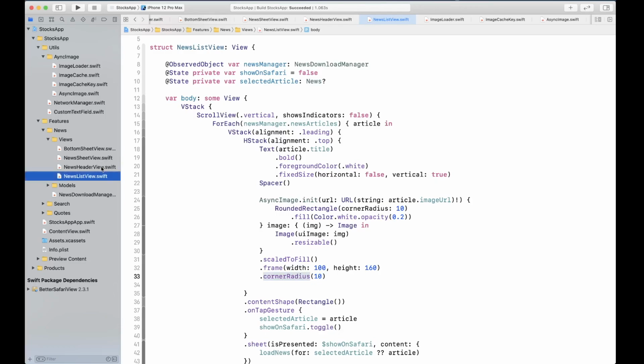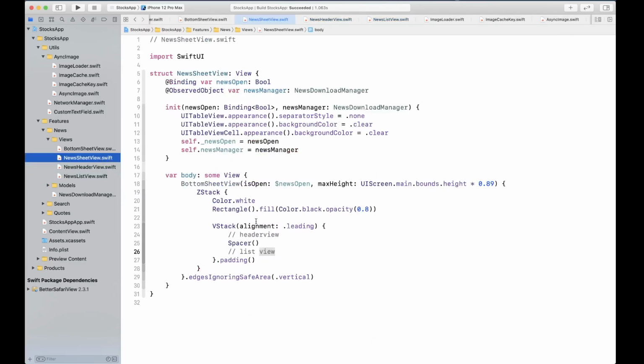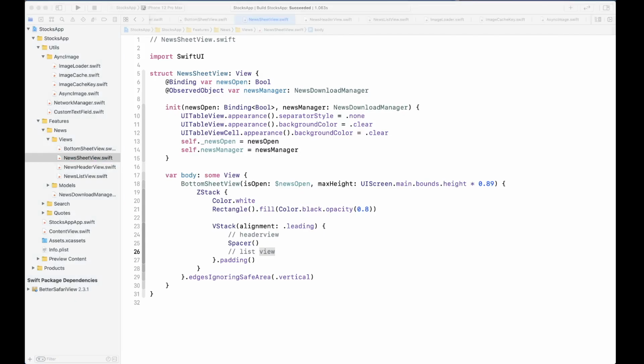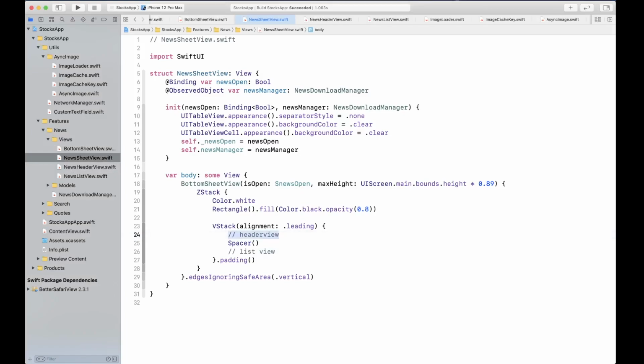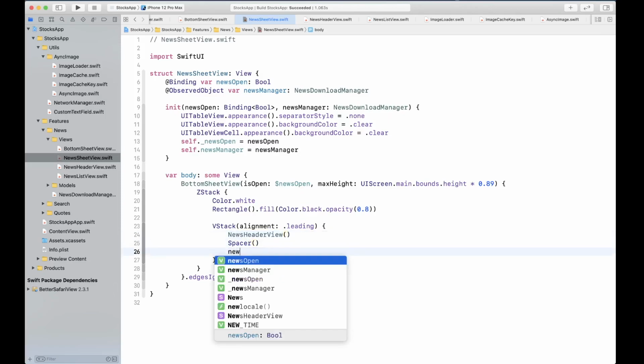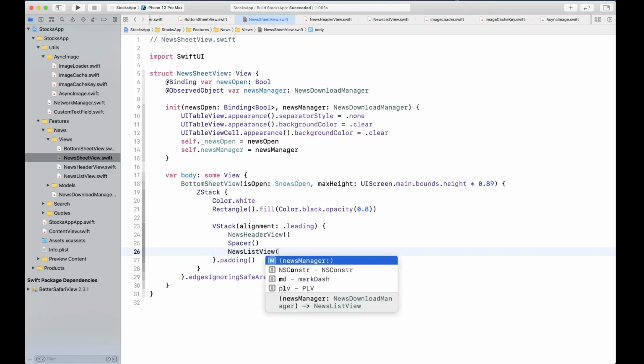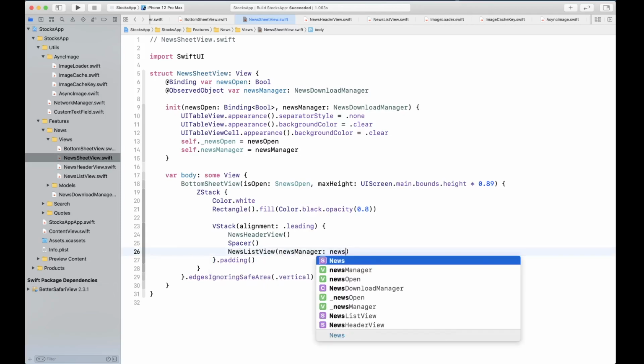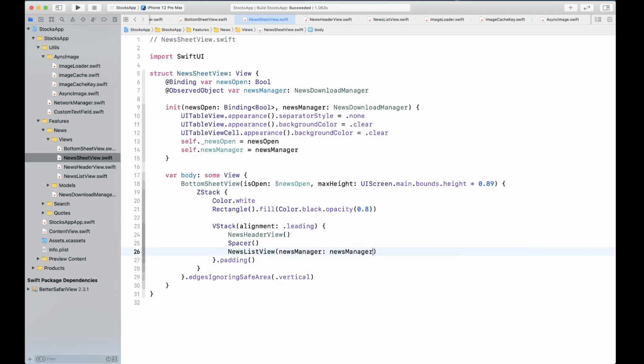Let's go back to news sheet view, and our news sheet view should actually include both the header view and the list. So we're gonna simply say news header view here for the placeholder, and we're gonna replace this placeholder with news list view, and we're gonna provide the news manager right there. Okay, so we're gonna supply that.